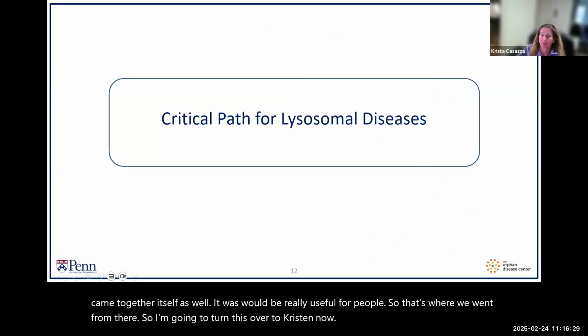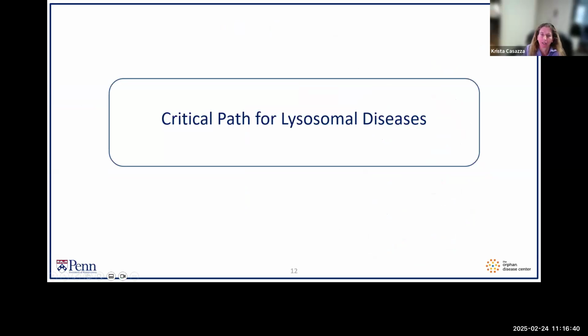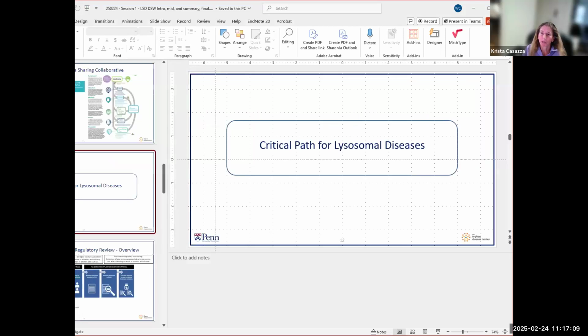Thanks, Kara. Yeah, echoing that, and in similar parallel and intersecting paths, I obviously worked a lot with Kara from the onset of the pre-consortium work for the Critical Path for Lysosomal Diseases, also known as CPLD. And similarly, as I mentioned, our overarching goal is in fact to develop actionable solutions for drug development and drug development tools. And again, once those are developed, C-Path is able to make those widely available and shareable.